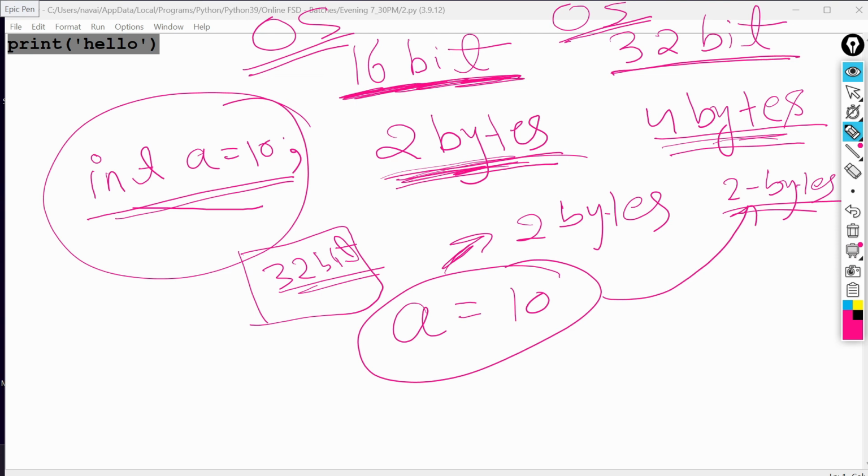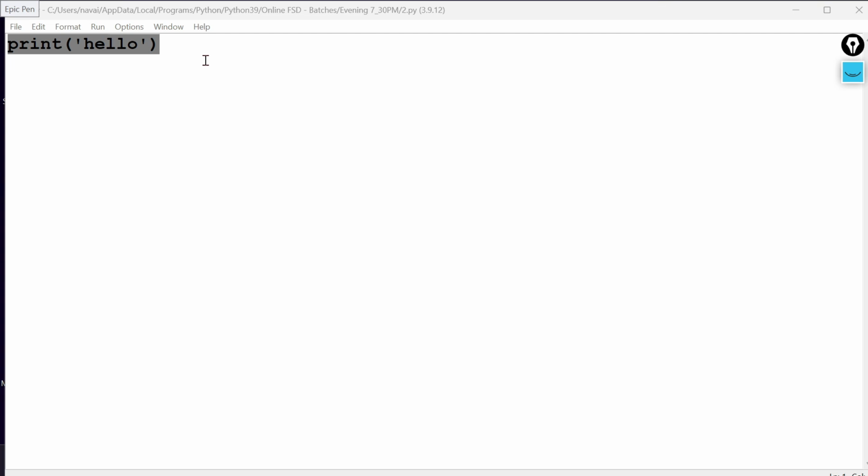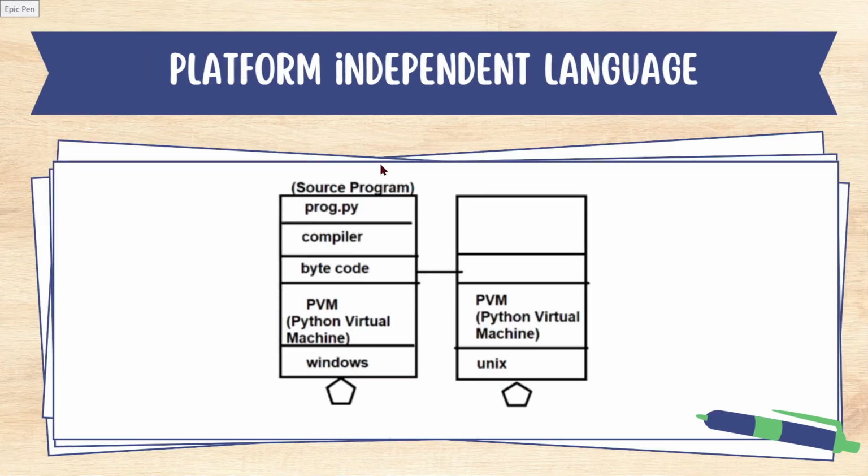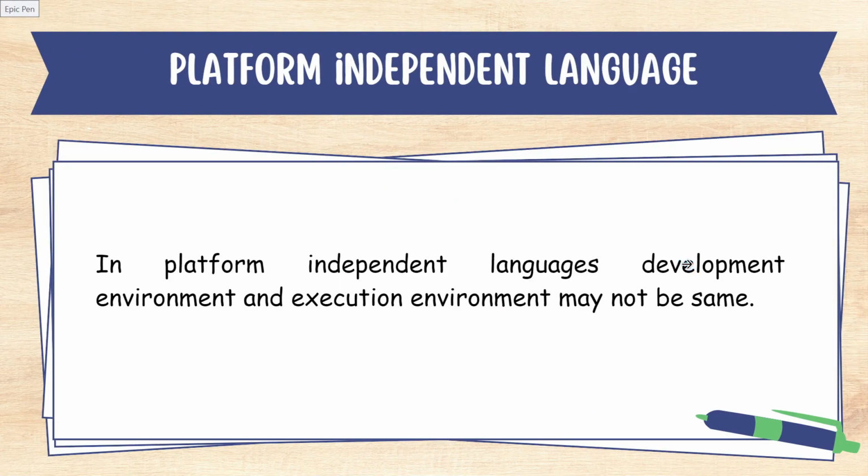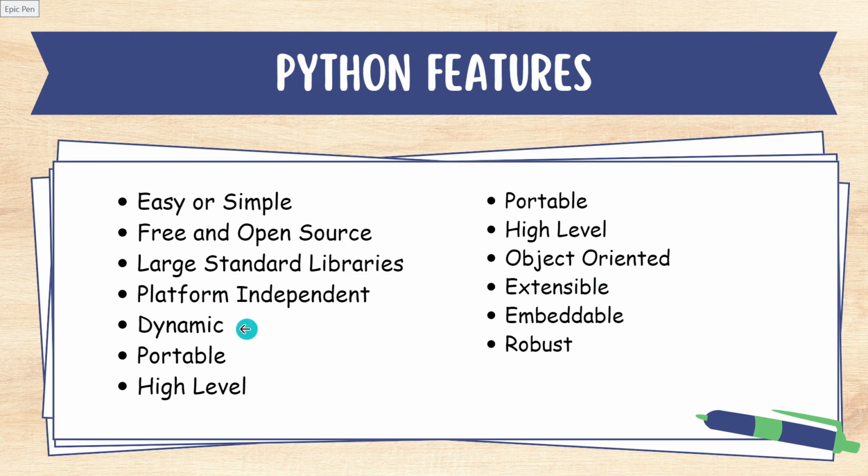But when you write code in Python, or any dynamic language, it will not give the problem, because Python is dynamic in nature, right?